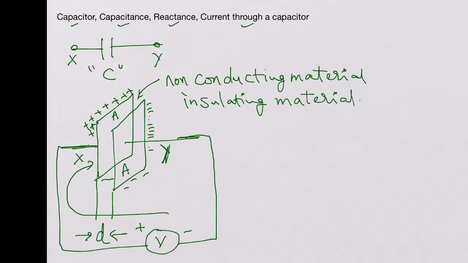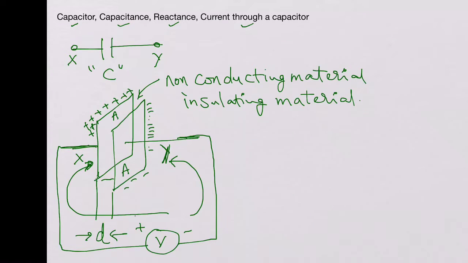So a current flows to build up the positive charge on the plate X, and this is the whole current or the positive current, whereas really the electrons go this way and accumulate on